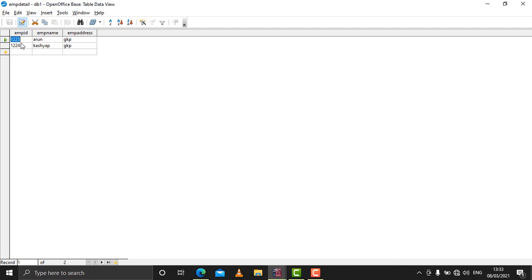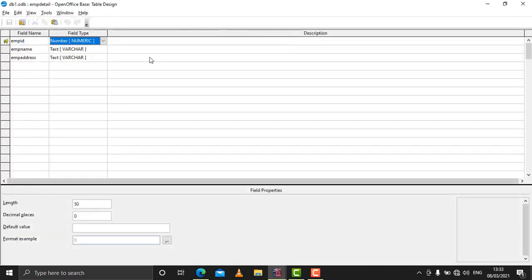You must have seen that when we design a table, a window appears. Let me close it and show you. This is the design view, and you can see field properties are here like length, decimal places, default value, and format example.